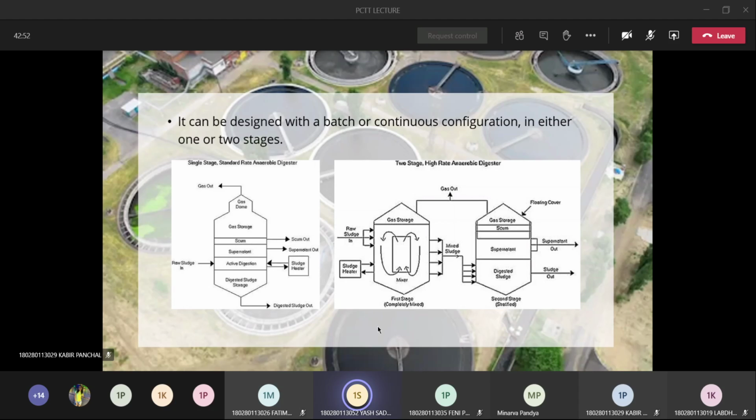Now, the process can be designed with a batch or continuous configuration, or in either single stage or two stages. Now, in batch configuration, the sludge feeding is done at the starting of the process, and in continuous configuration, the sludge is continuously fed throughout the process. The figure shows single stage and two stage high rate and two stage digestion. In single stage digestion, the raw sludge gets in the active zone and some heat is provided to it. The mixing does not occur in single stage, so that